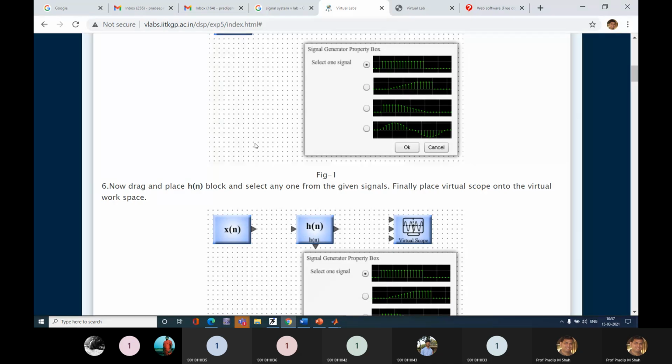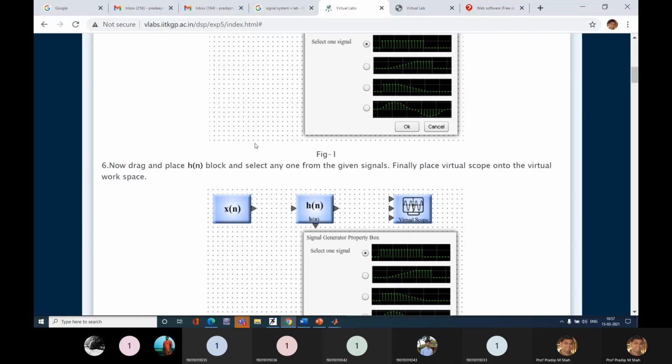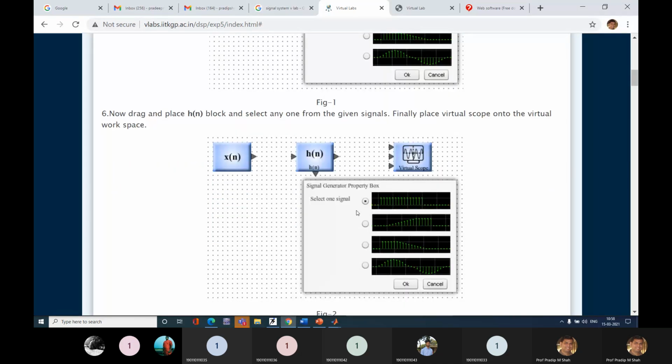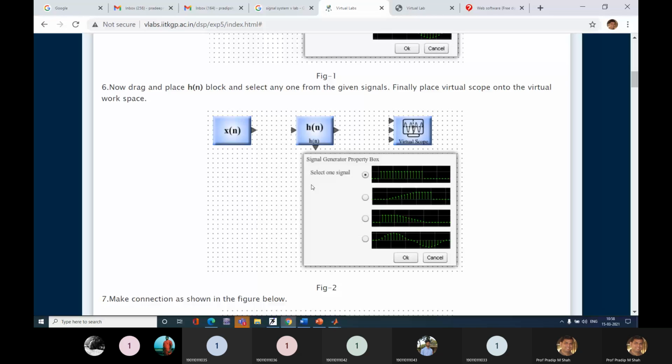The input we already selected out of the four options. Now the second thing is the impulse response. Again, I need to select one impulse response, and again the same four options are available.